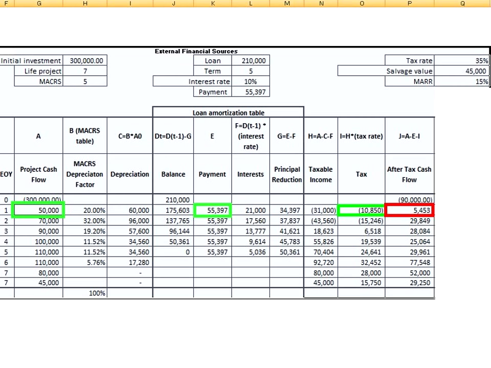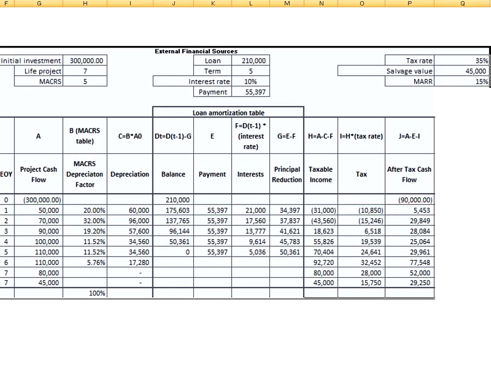Now we need to pay $55,397 as payment, and also we need to pay taxes of negative $10,850. So those taxes are going to affect us in a positive way. And bottom line, we end up with a positive cash flow of